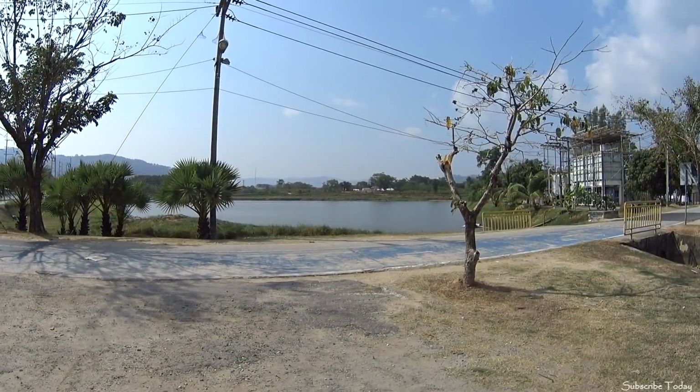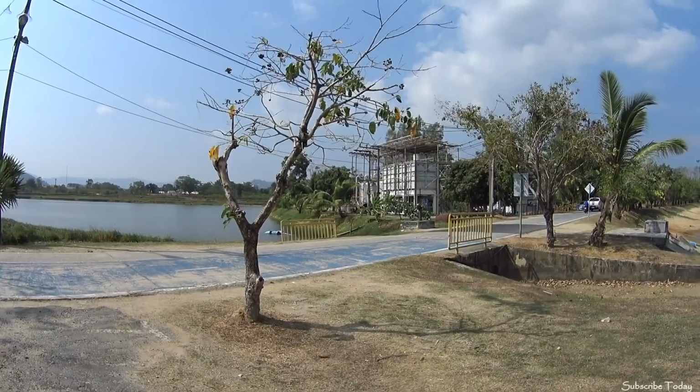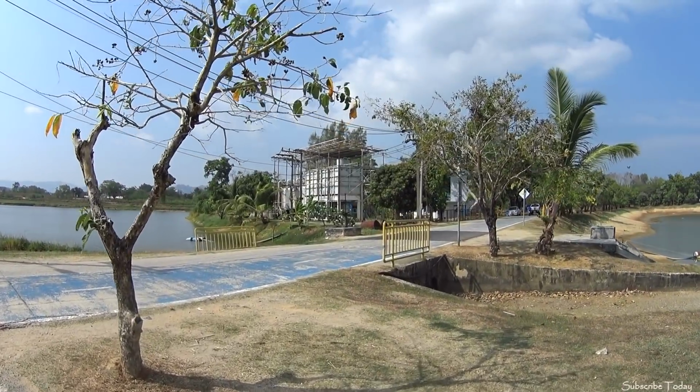Well, we've just arrived at the 2 smaller reservoirs just outside of Phuket town. They're actually situated on the way to Shillong. They're nowhere near as big as the other reservoirs we've looked at earlier. However, I believe these smaller ones do supply Phuket town with a certain amount of water. There is a pumping station here,